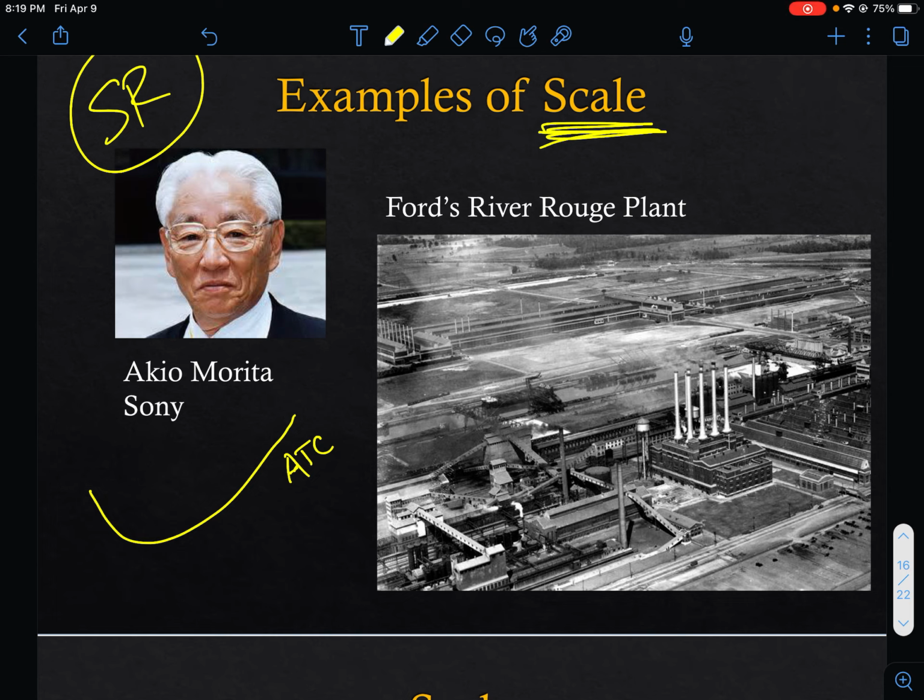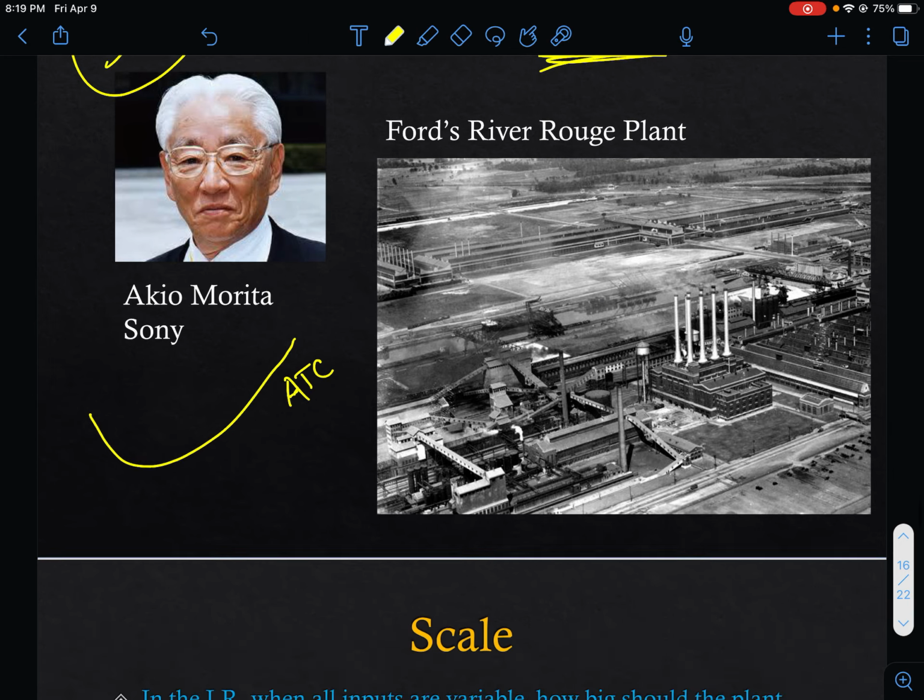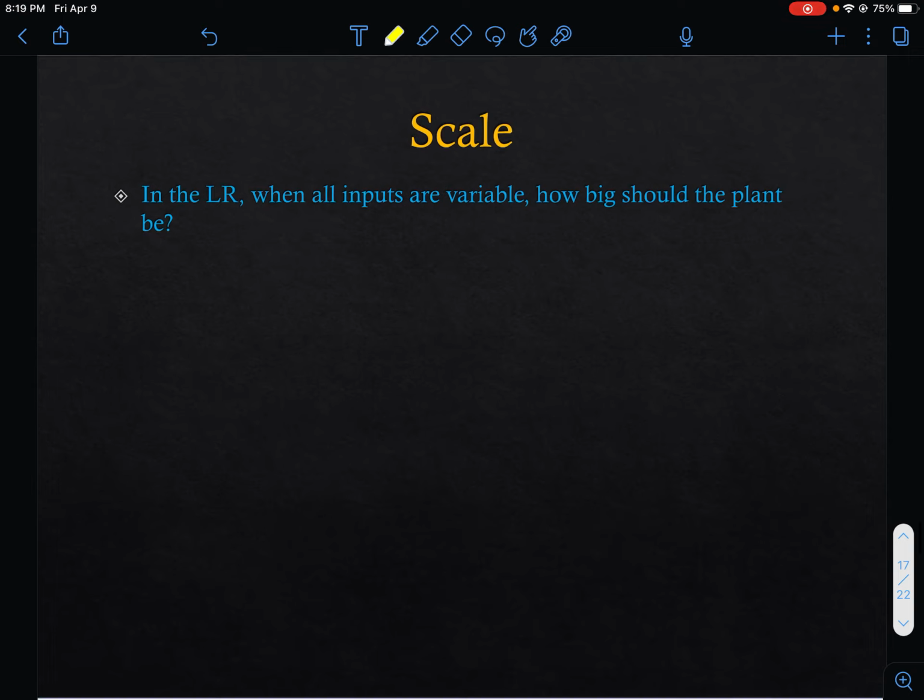Chrysler. He eventually reduced the cost of making the Model A by constructing smaller factories spread out across the country. These smaller factories produced the Model A at a lower average total cost than was possible at the River Rouge plant. So that takes us to the concept of scale. And we mentioned in that little excerpt there the kind of economies of scale. And we'll see what that looks like on a graph here.